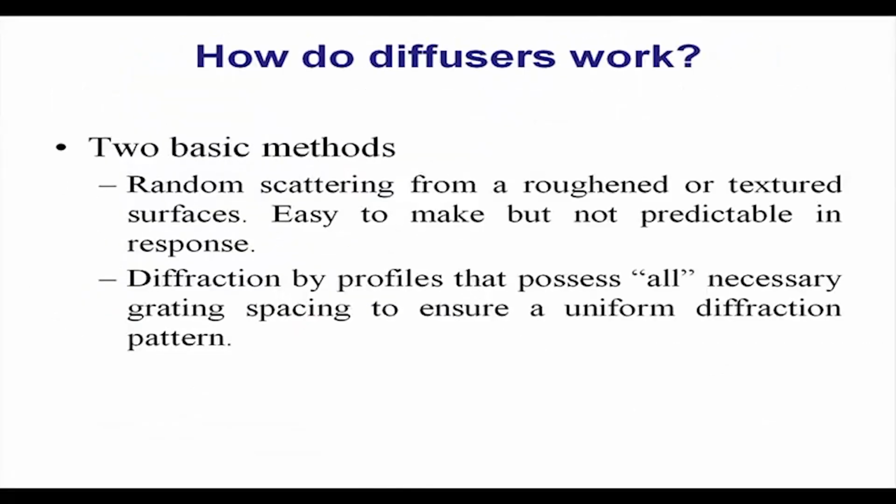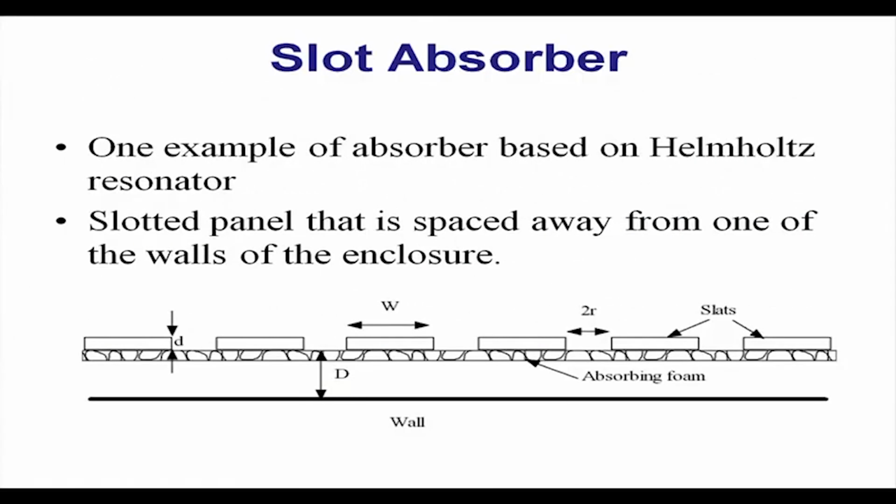So, the far end of the auditorium must be absorptive, and sometimes some absorptive material is required in the middle also, because that also creates echo at some point. So, some absorptive material is also required. So, what kind of material is there? For absorption, I require a slot absorber. I can use a slot absorber.